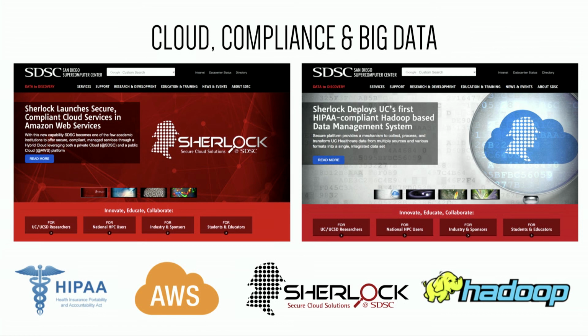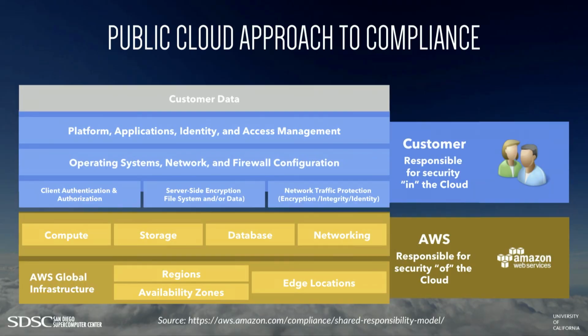We bring security and compliance as our expertise. And now, how do we process big data in that kind of an environment? So we've been trying to focus on some of those things. As you start dealing with public cloud infrastructure and public cloud platforms, one of the things you'll notice from them